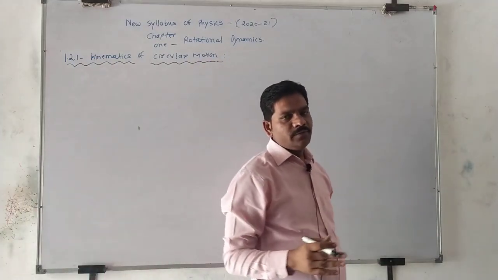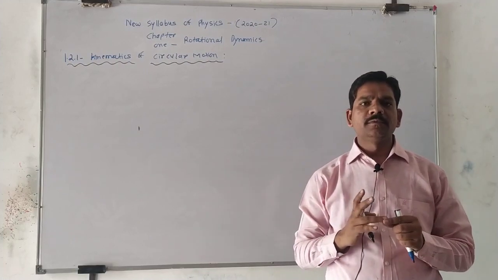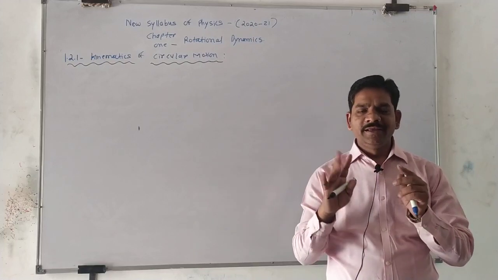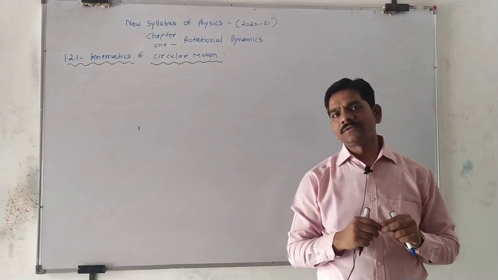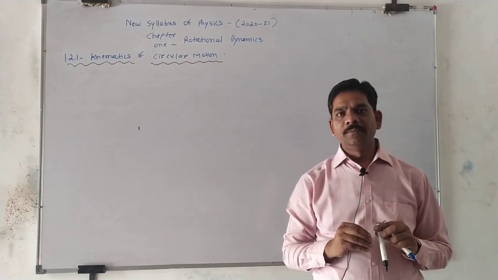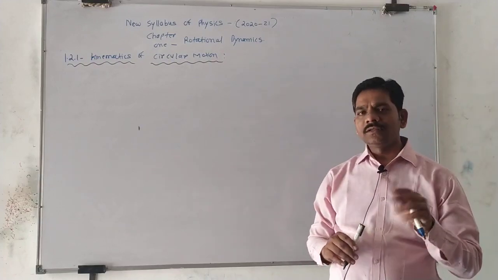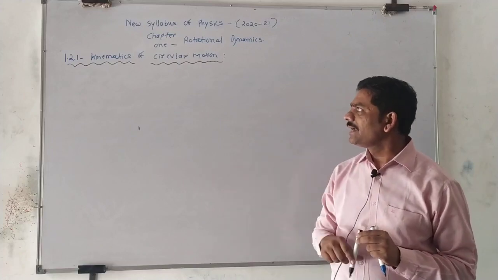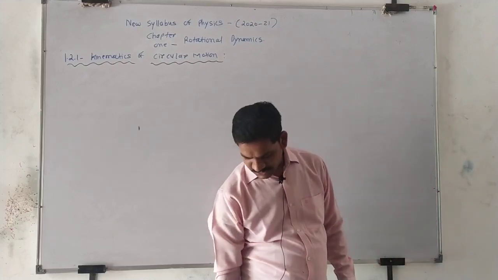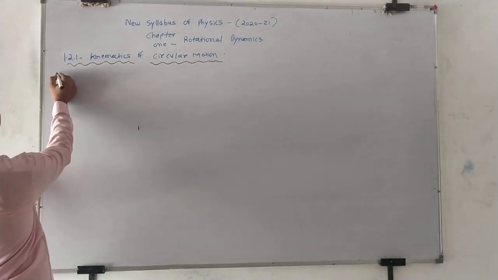Up to now, we learned in our previous 4 lectures the angular displacement, angular velocity, radius vector, characteristics of circular motion, and the introduction of the syllabus. So these 4 lectures we have completed for chapter number 1, rotational dynamics. Now, another introductory part in kinematics of circular motion, another physical quantity, is called angular acceleration.